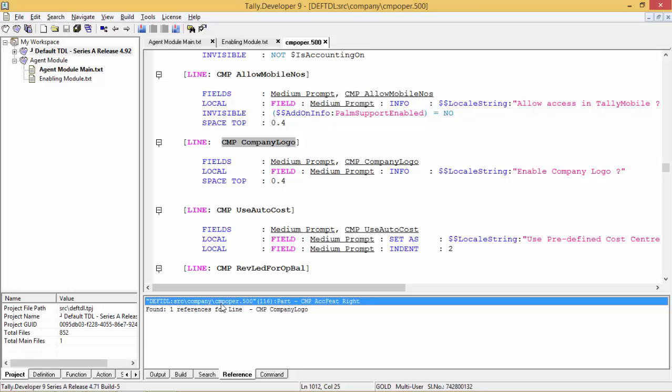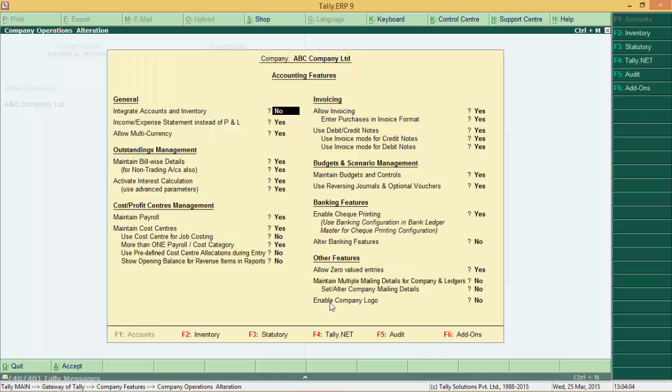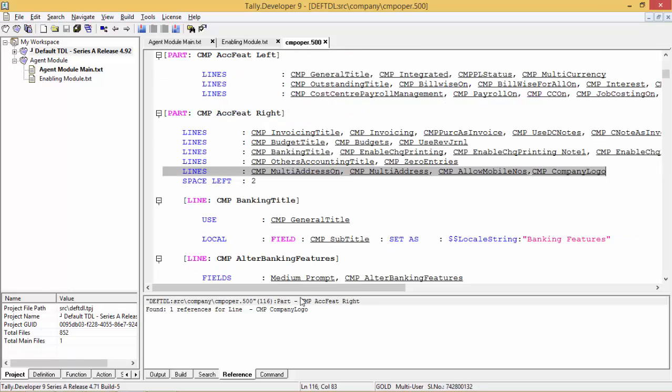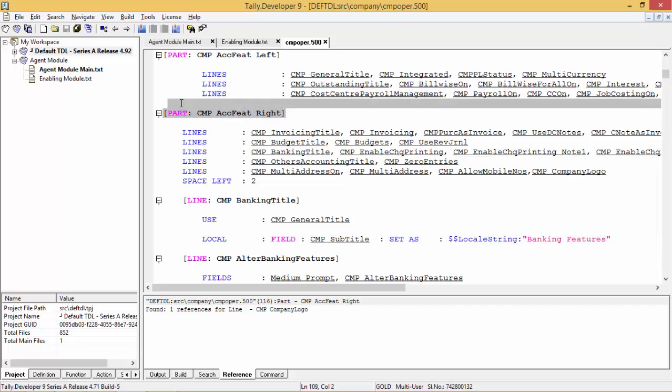CMP, short form for company. OPR, short form for operations. Part, okay. CMP, company. ACCT feature, that is the accounting feature, right. So it's on the right side. Is it on the right side? Yes, accounting features on the right side. So you can go to this part, add, now modify this part,